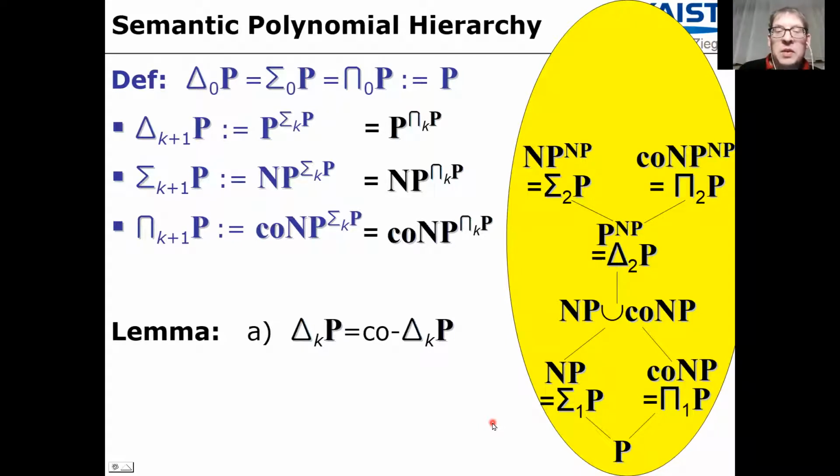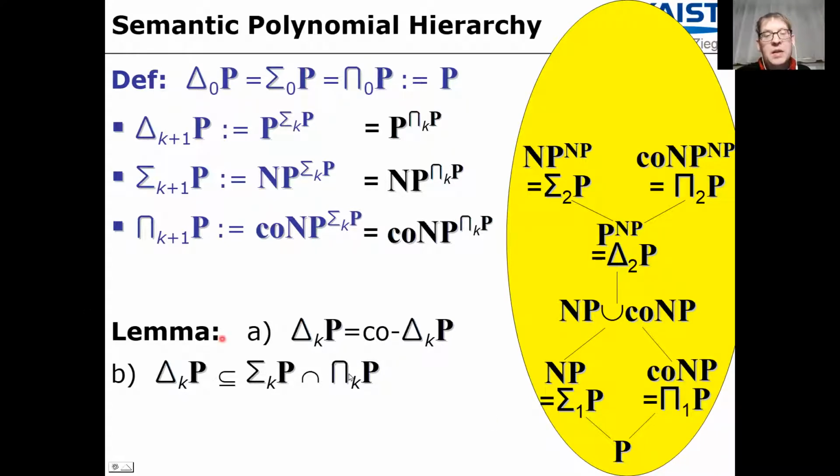because we can always invert the final result of a while plus program, even when it uses oracles. Second claim is that the deterministic class is contained both in the non-deterministic class and the co-non-deterministic class. Again, remember, we had already these claims for the initial case when k is equal to 0, or 1 for that matter, then that's a classical P, that's a classical NP, that's a classical co-NP, and simply